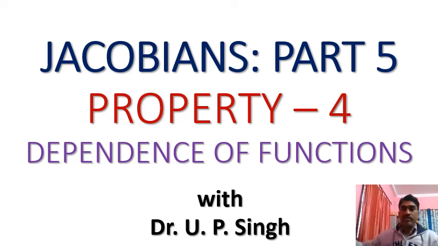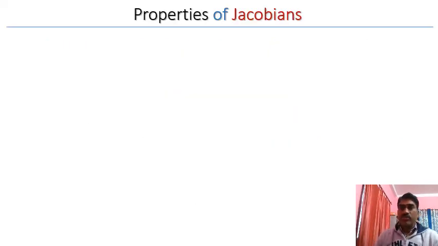Welcome back to Jacobians. In this lecture, we will learn the property 4 of Jacobians. So let us start with an explanation of the property 4. So property 4 says